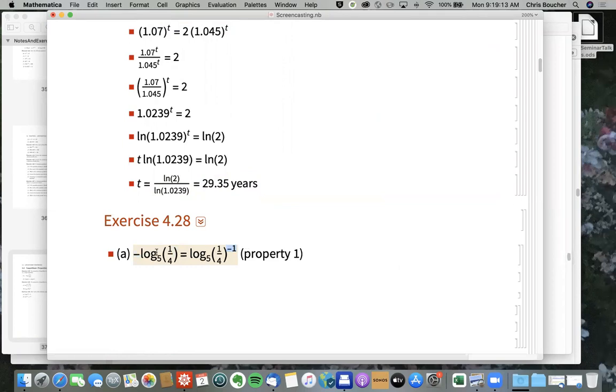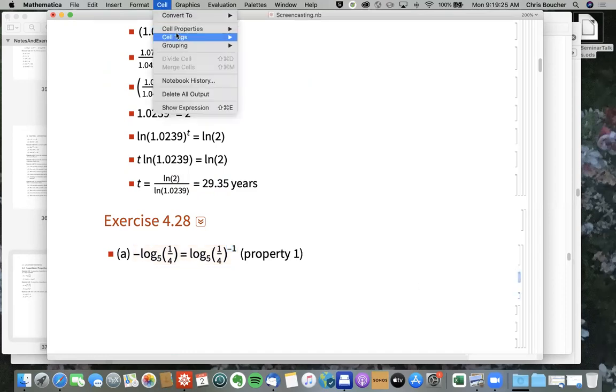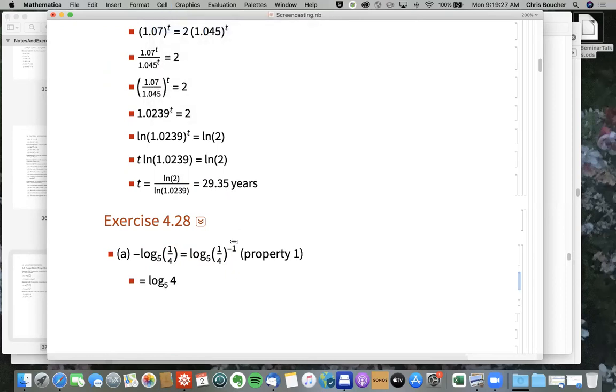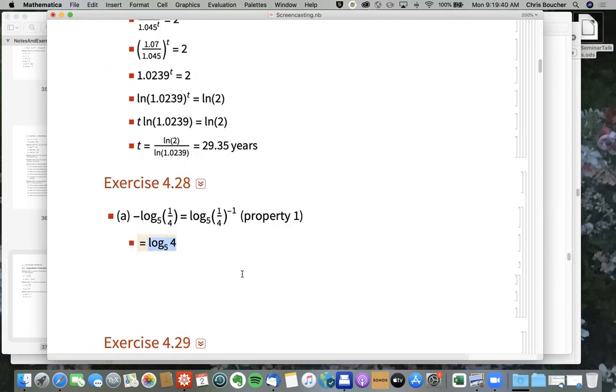So we can go in both directions. On the right, it's the log of a power, so the -1 can come down front. Or on the left, it's a number multiplying a logarithm, so I can put it up in the exponent. And then my 1/4 to the -1, that's just the reciprocal of 1/4, right? When you raise something to the -1, you take its reciprocal. The reciprocal of 1/4 is 4, and I'm not going to get much simpler than the log base 5 of